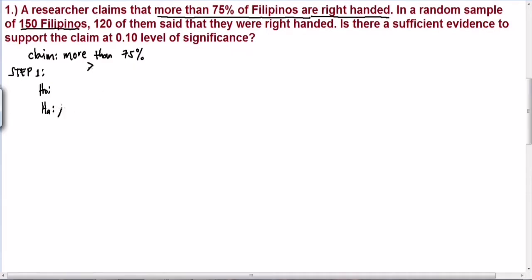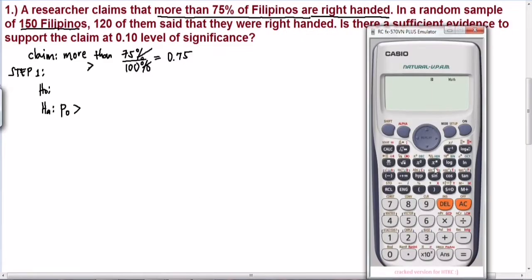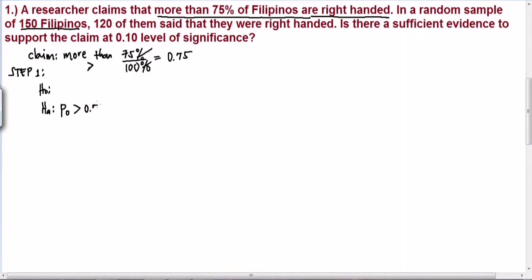So, instead of putting population size, di ba ganyan yung ginagawa natin sa z-test at sa t-test one sample? What you will do is you will replace this symbol with the hypothesized population proportion. Okay? So, yan yung lalagay nyo. P sub 0 is greater than 75%. Ngayon, guys, itong 75%, make sure na nakadecimal siya. So, divide nyo na lang siya by 100% para makancel yung percent niya. So, 0.75. You can always use your calculator, 75 divided by 100. Ayan, kung ano lumabas sa calculator. So, 0.75. Yun yung ilalagay nyo rito